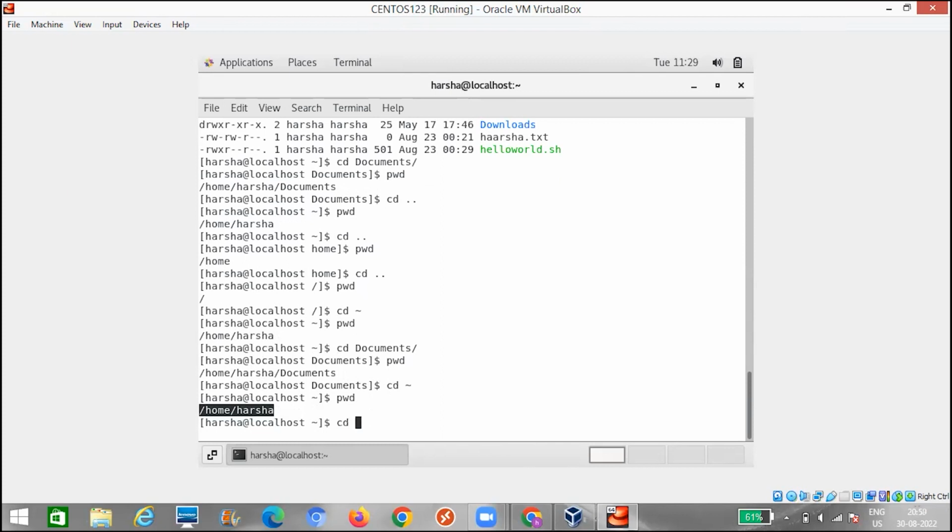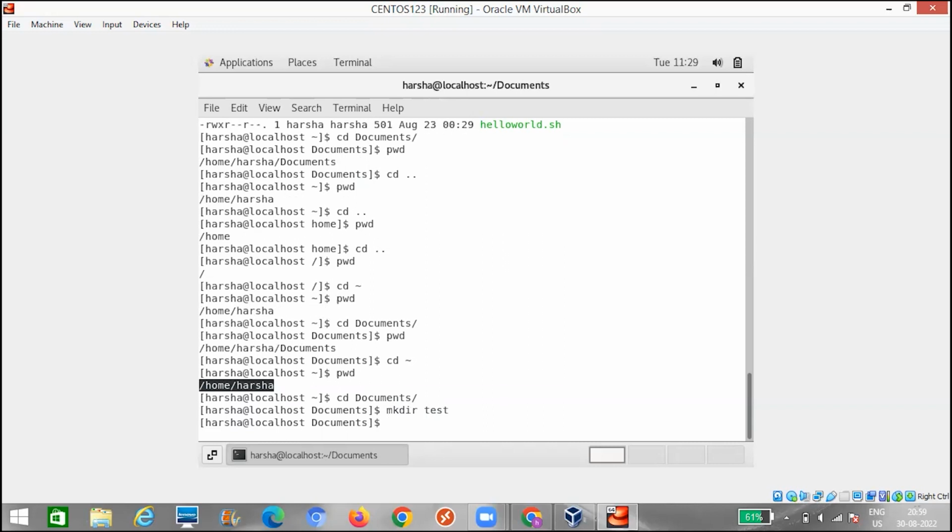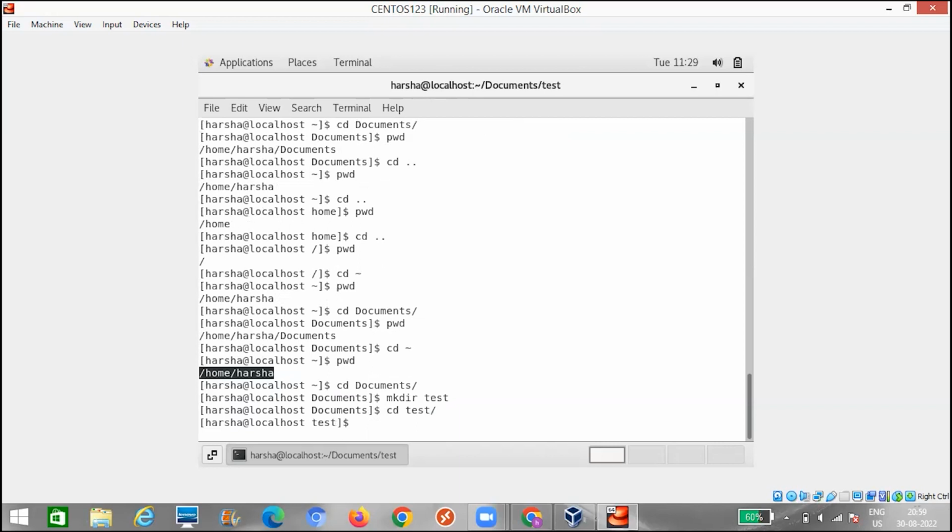Next command we need to understand: let's go to cd documents. I am trying to create one folder over here. mkdir is the command, and I am creating one test folder inside it. And again, I'm moving to the test folder.